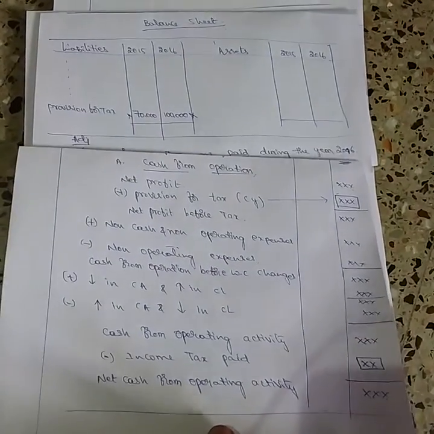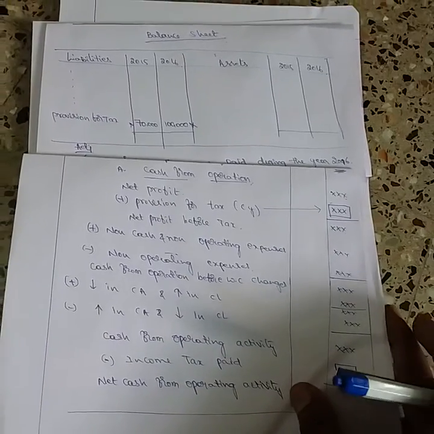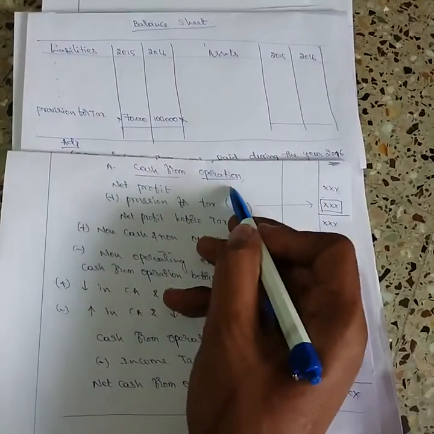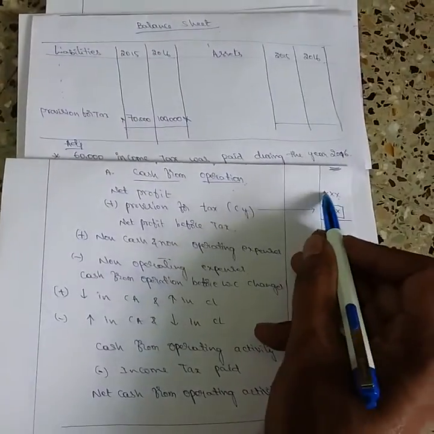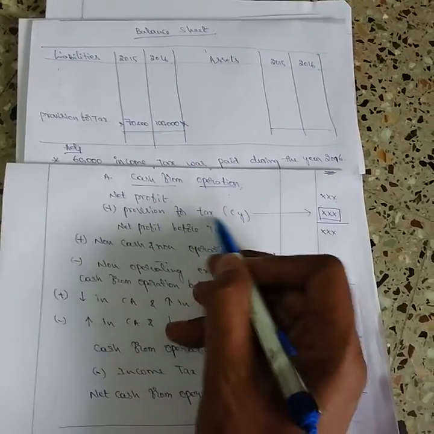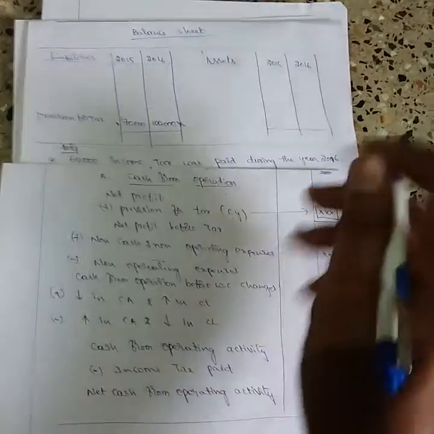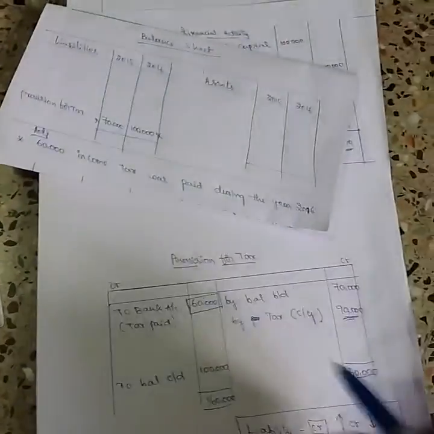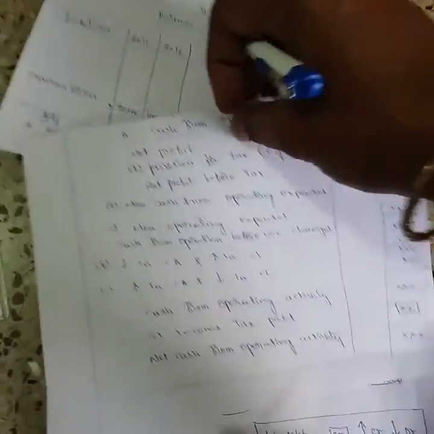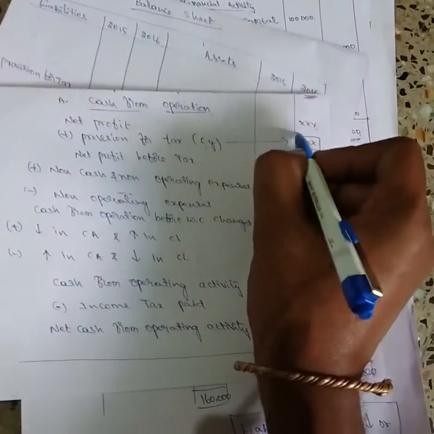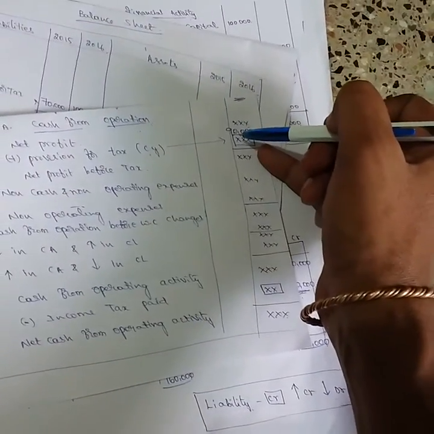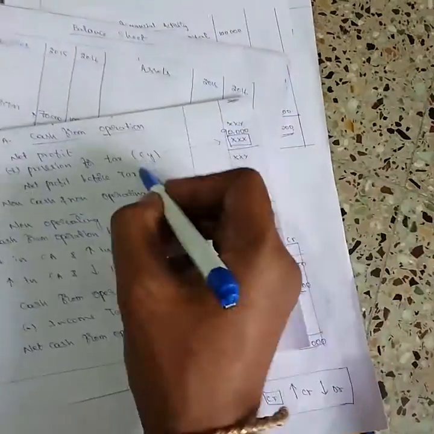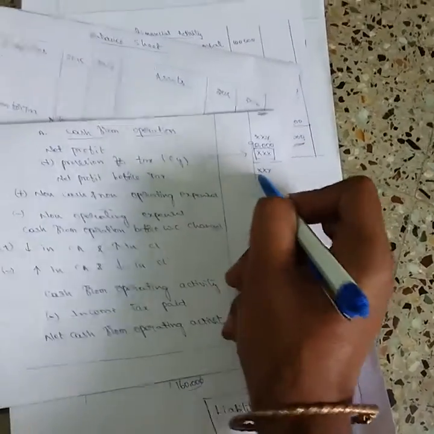Okay, this is the format of the cash flow statement, I mean cash from operations, Part A statement I have taken. So net profit: to this net profit, current year tax should be added. In this example, current year tax will be 90,000, so 90,000 should be added here. That 90,000 should be added to profit. If we add 90,000 to this net profit, we get net profit before tax,